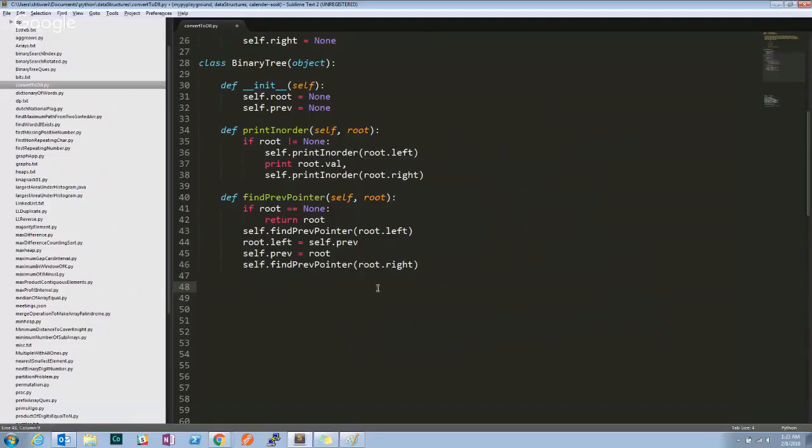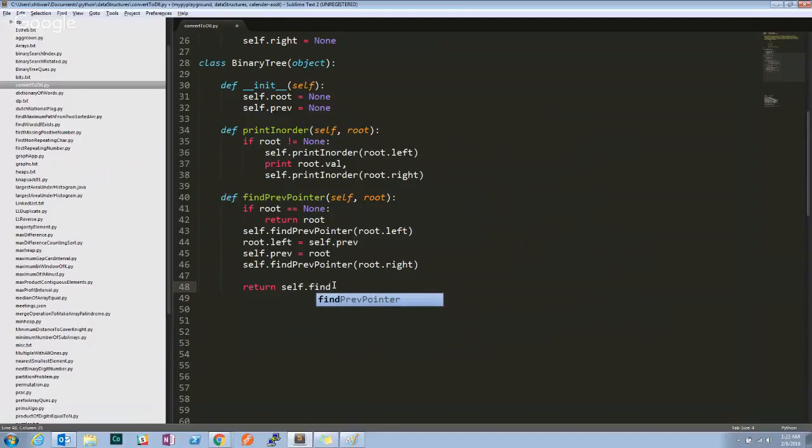So what we need to do is, like we discussed in the previous scenario, the end of the doubly linked list will be the rightmost node of the tree in order traversal. So what we can do is have something like